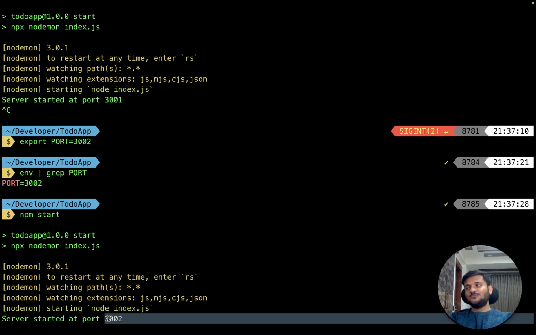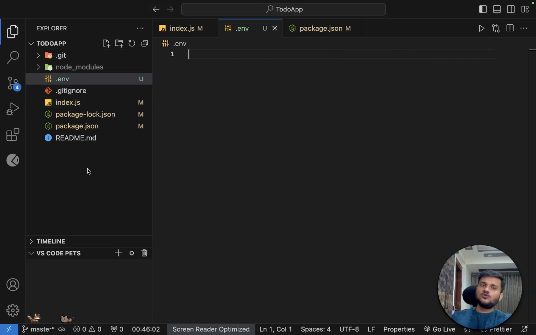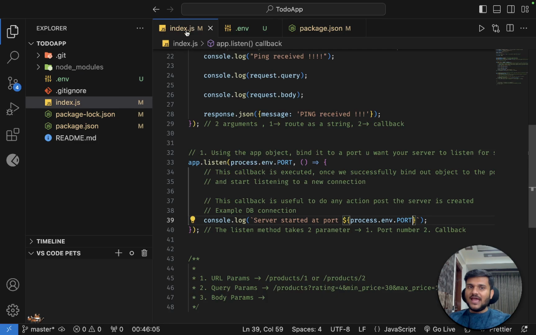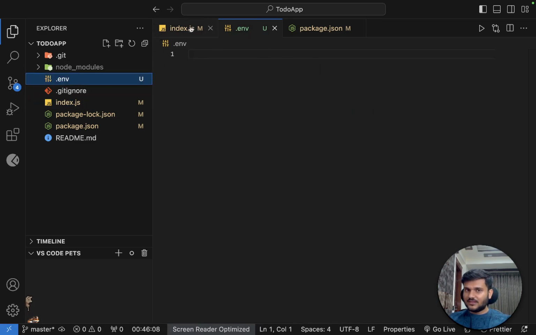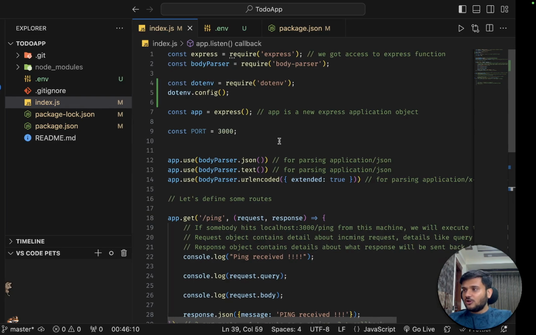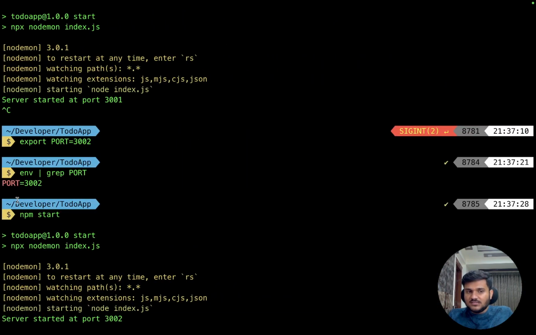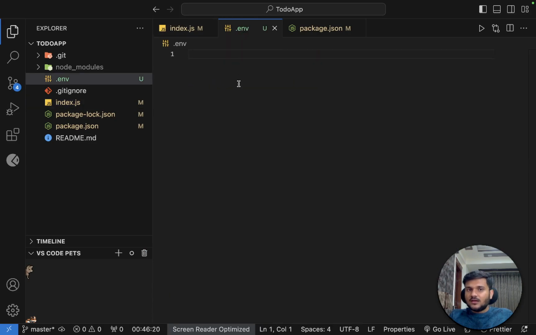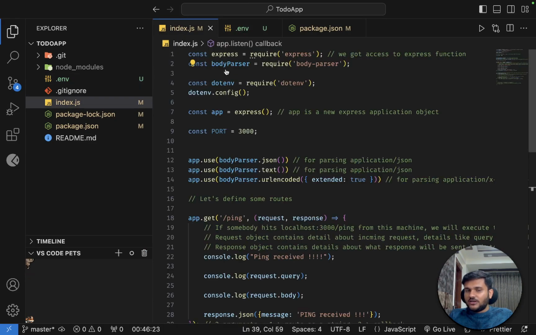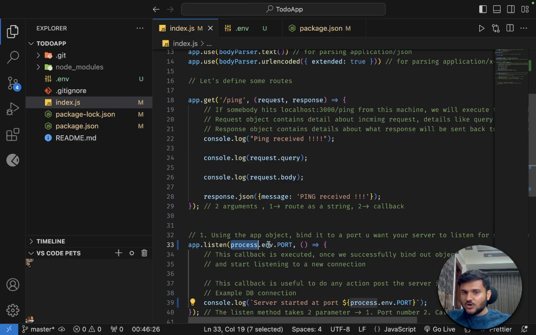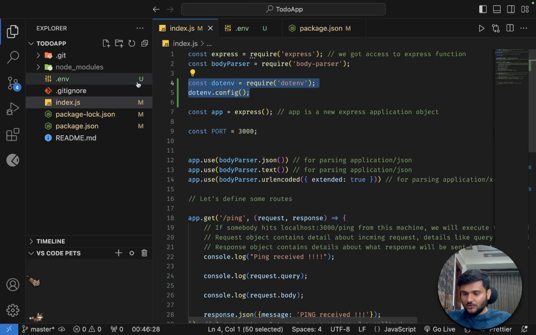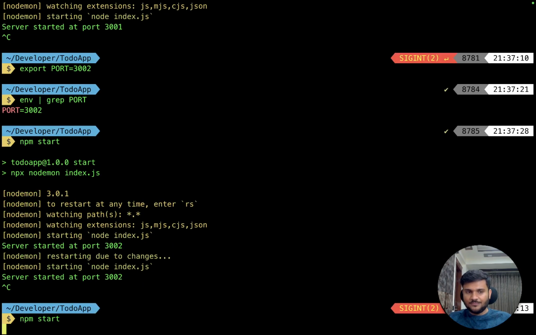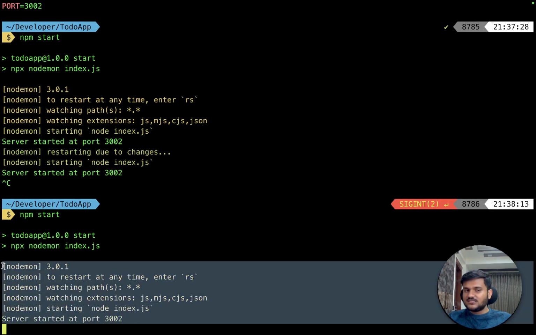it takes 3002. That means now, if somebody clones my code and they don't have access to my .env file, and they want to start the server, they can also start the server by configuring the environment variables manually themselves. They can just export a bunch of variables, and because those variables are now accessible there, even if you don't have anything in the .env file, this process.env will work, right? So in fact, even if you don't have .env now, you will still be able to access 3002